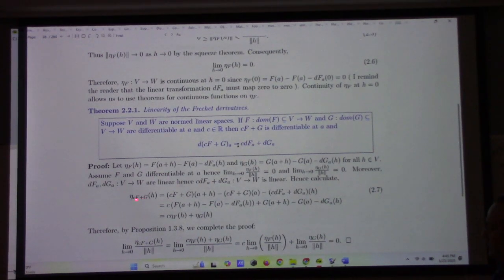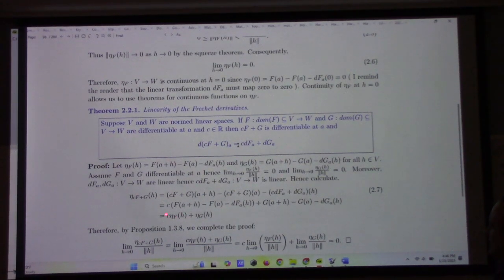Now check this out. So eta of cf plus g at h is going to be equal to cf plus g at a plus h, minus cf plus g at a, minus the alleged differential. And when you work that out, you get c times this business and g, but that is by definition c times eta sub f of h plus eta sub g of h. But these, right,